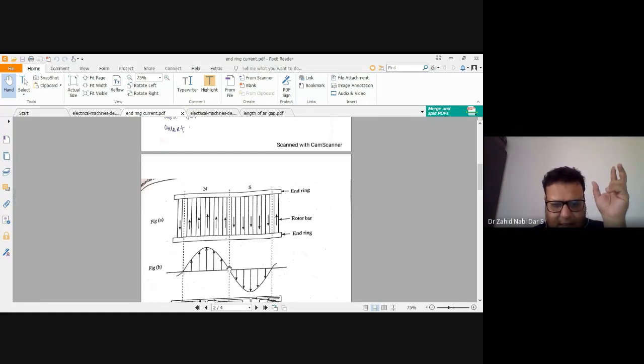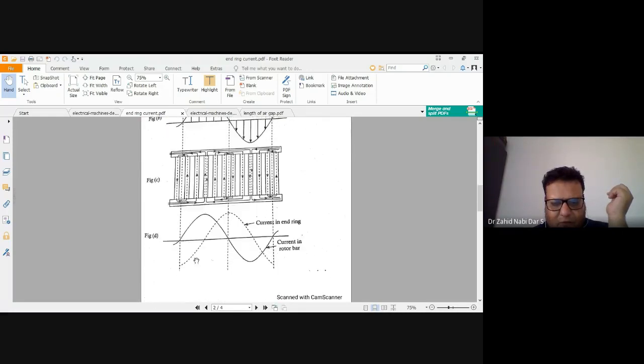In one half cycle, because this is your AC sinusoidal voltage in the positive half cycle, if the direction of the rotor current is in the upward direction, can you see the upward direction? Then in the other half cycle, it is in the downward direction. So you can see the rotor, this is the bar current. The bar current is almost maximum here, but the bar current here is not there, it is minimum here, and it is maximum here.